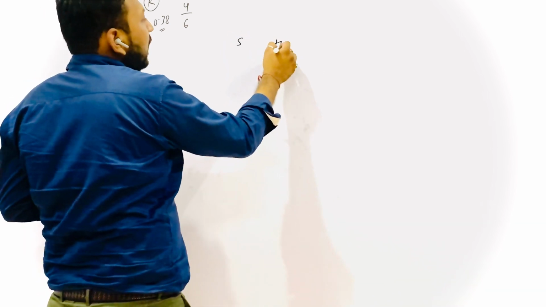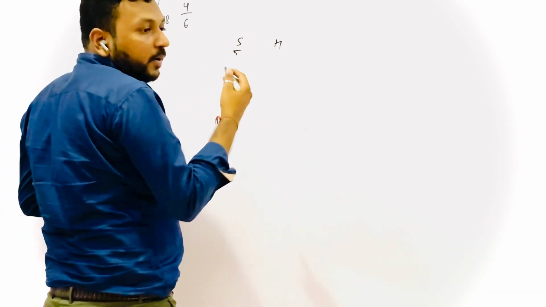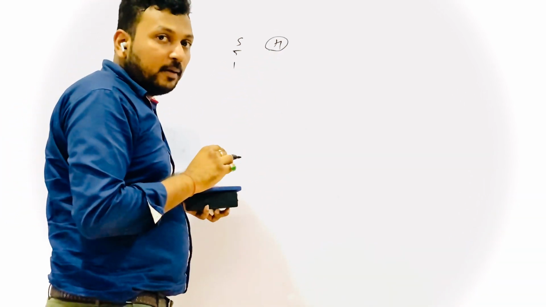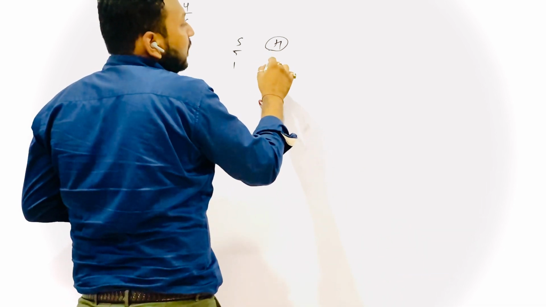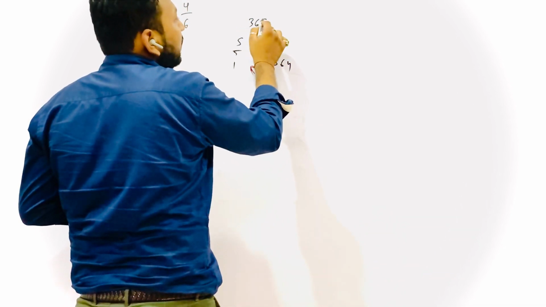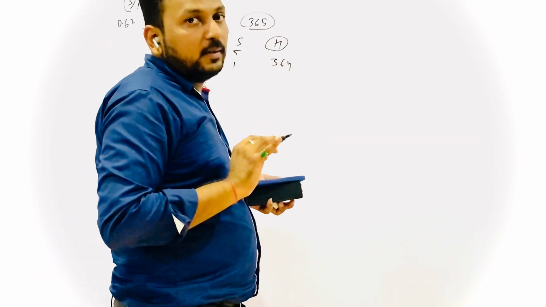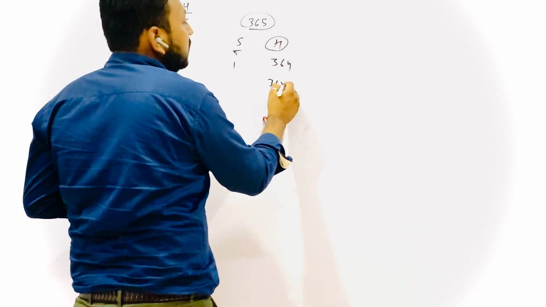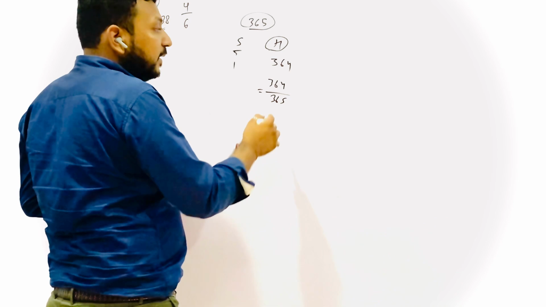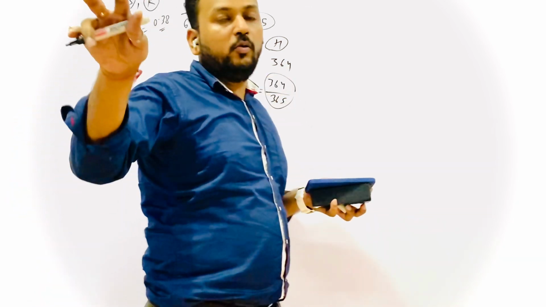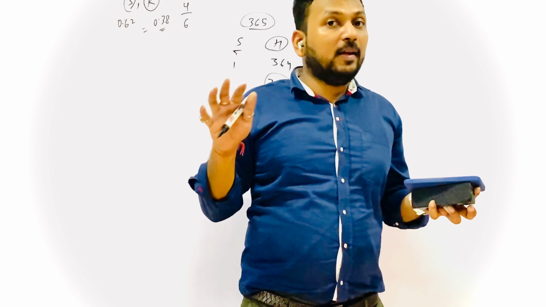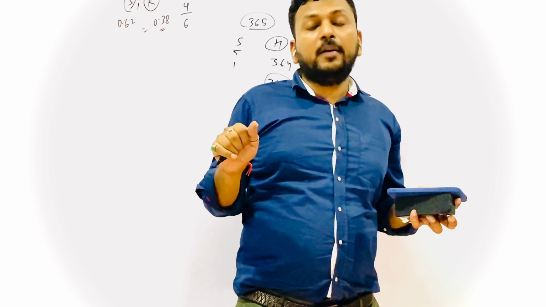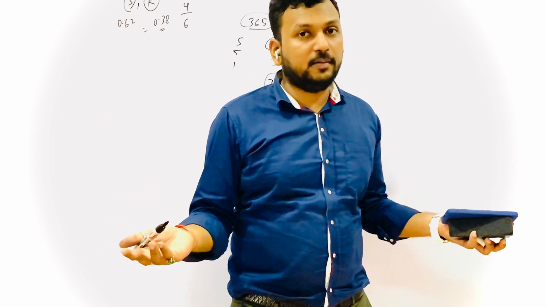If Savita and Hamida are there, and Savita has a birthday on any day, Hamida must not have the birthday on that day. So what are the options? She has 364 days, considering 365 as the total. We are not considering the leap year, 366 days, right? So 364 options she has. So what is the probability? 364 by 365. That is a very high probability, because if you consider two persons, it is very rare that both will have the birthday on the same day. So in general both will have birthdays on different days, right?